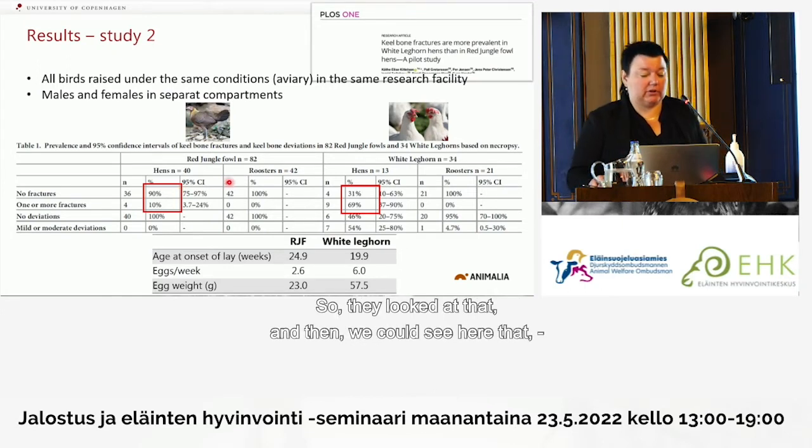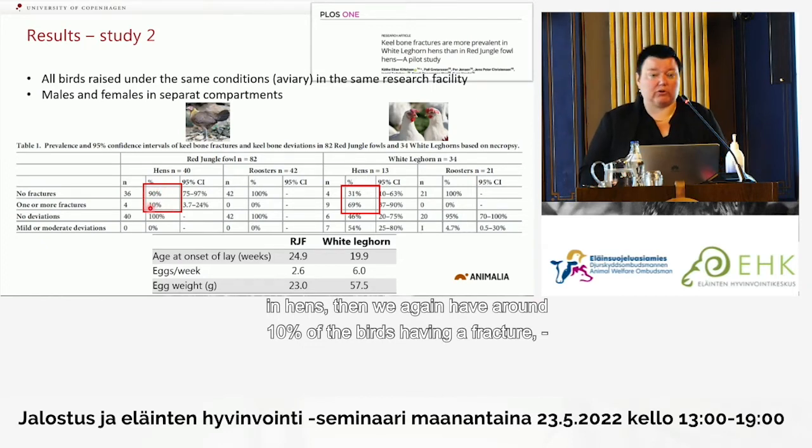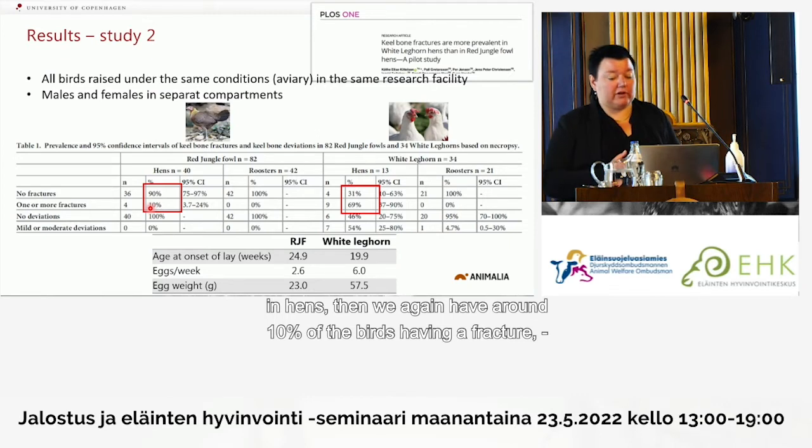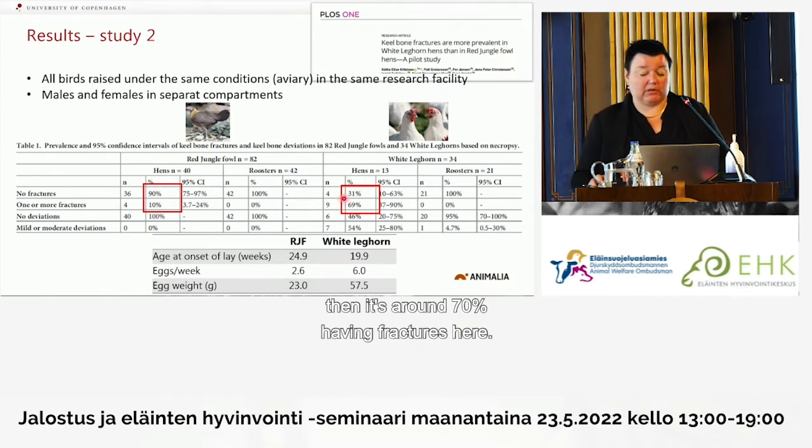And we could see here that in the jungle fowl hens we again have around 10% of the birds having at least one fracture, whereas in the layer type chickens here, it's around 70% having